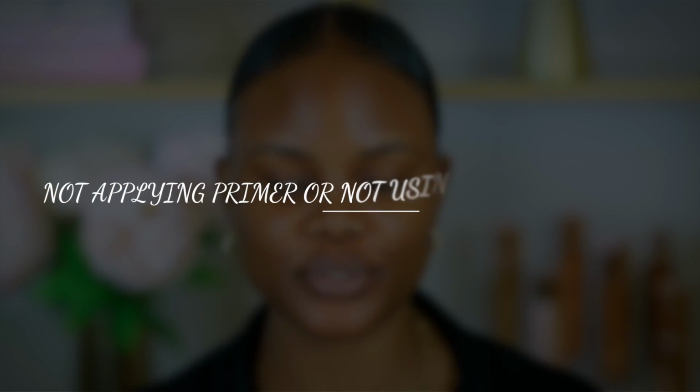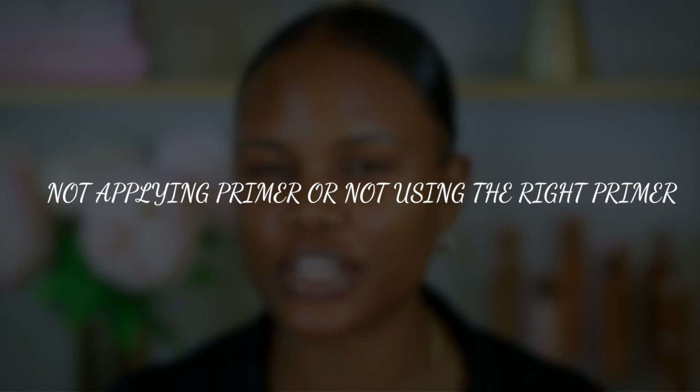This right here will provide my skin enough time to really absorb the skincare products and get everything into my skin before I apply makeup. All right, so number 3 is not using the right primer, or just not using a primer